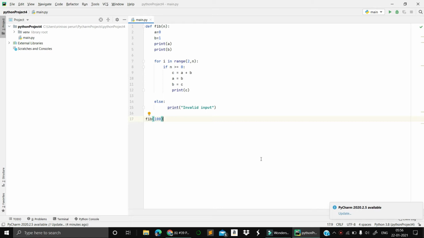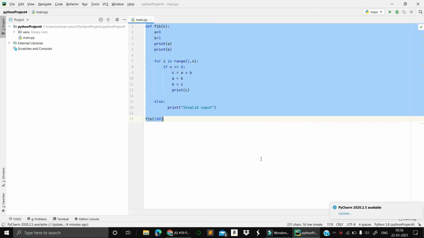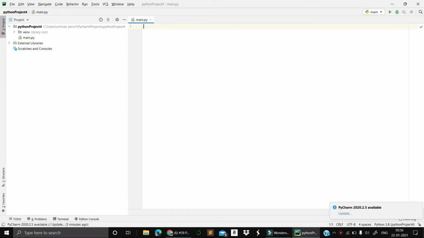If I have 5 factorial, what does it mean? 5 into 4 into 3 into 2 into 1, right? So the entire 5 factorial gives the output as 120. When we are looking at 4 factorial, it is 24, right? So we need to understand how to calculate this.